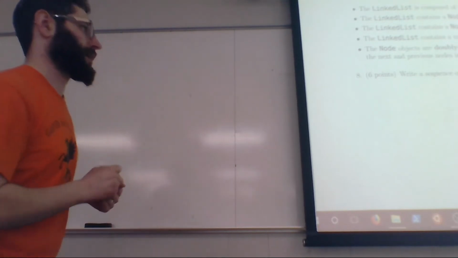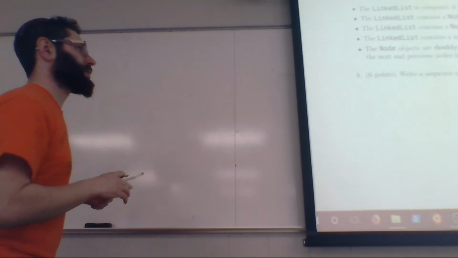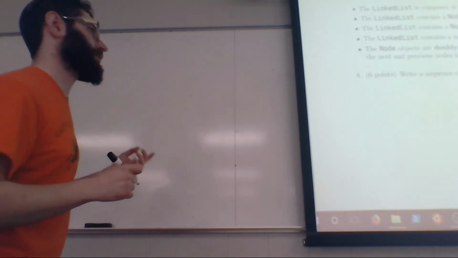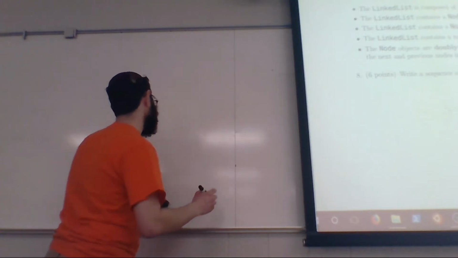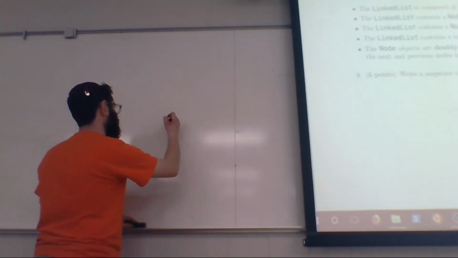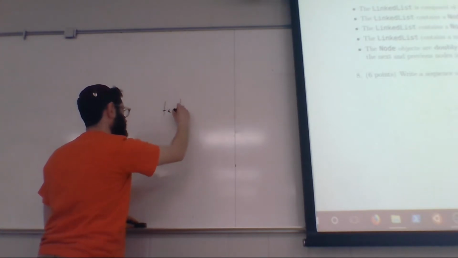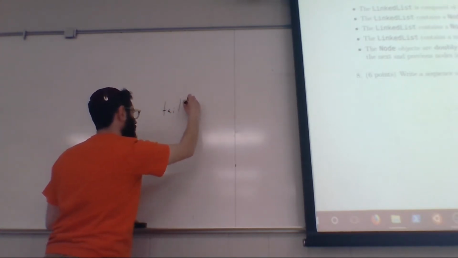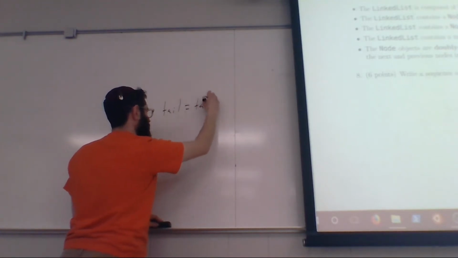So let's go ahead and write the commands that will remove the tail of a doubly linked list. We assume that we have the tail, right? So how do I remove the tail of the doubly linked list? Well, the first thing I have to do is, really this is pretty easy: tail should be equal to tail dot